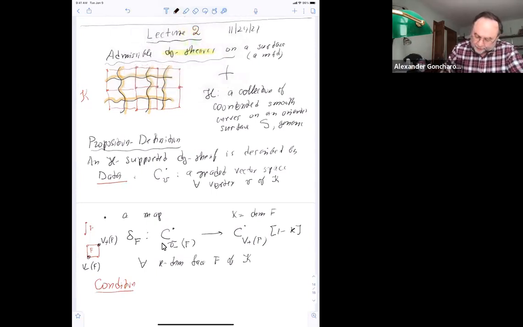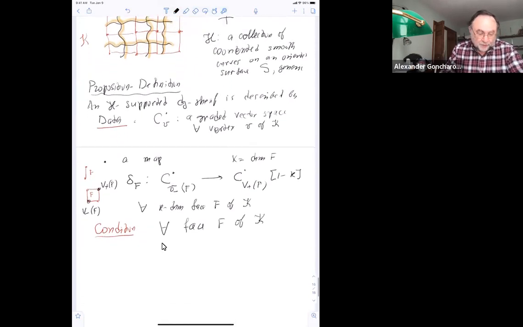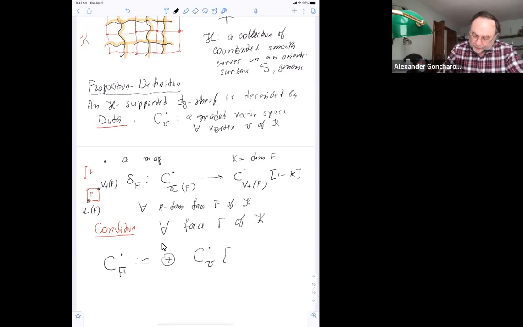The condition is that for every face F of our cubical complex, we want to consider, sorry, the word complex is kind of overused. Now I consider complex in the sense of homological algebra. I want to consider a complex related to this face, which is just given by the direct sum of all these graded spaces which sit